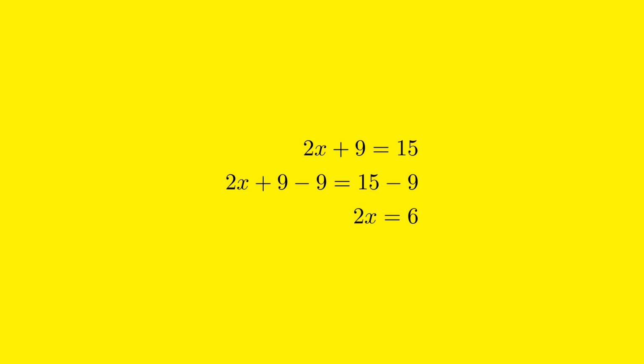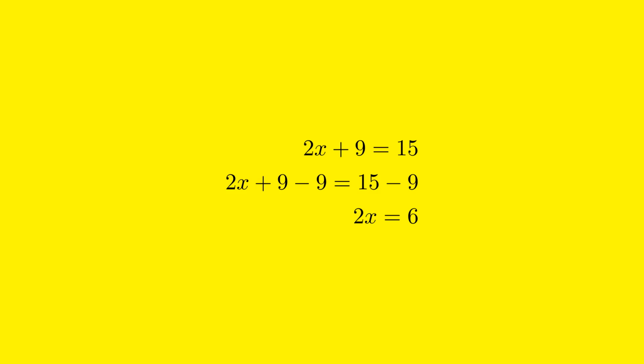First, we need to move all the numbers without the variable to one side of the equation. Right now, the equation is 2x plus 9 equals 15. The number 9 is being added to 2x. To move the 9 to the other side of the equation, we will subtract 9 from both sides of the equation. When we subtract 9 from 2x plus 9, the 9 cancels out, leaving us with 2x on the left